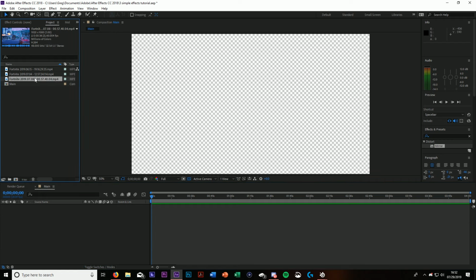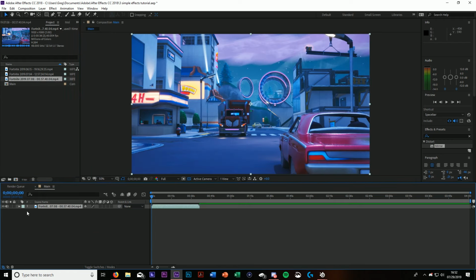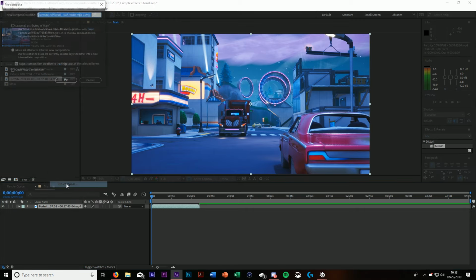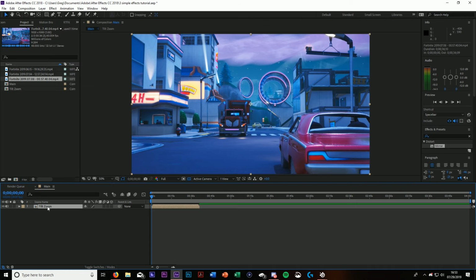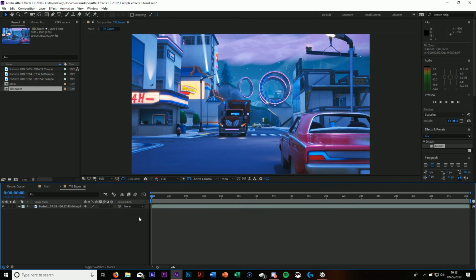and let's drag our first piece of footage into here. We're going to disable the audio, and we're going to pre-compose this. We're going to do move all attributes into a new composition, and I'm going to adjust the layer footage for the duration. So we're going to call this one tilt zoom. Click OK. Disable audio again,